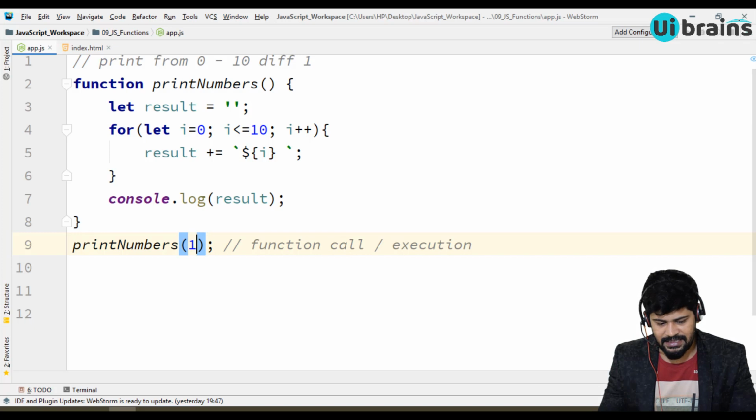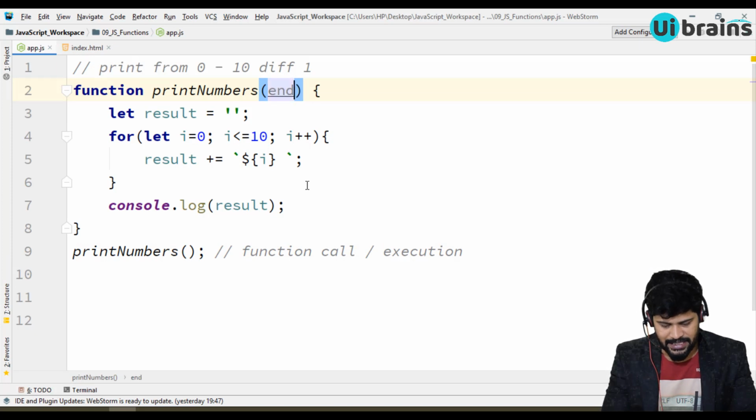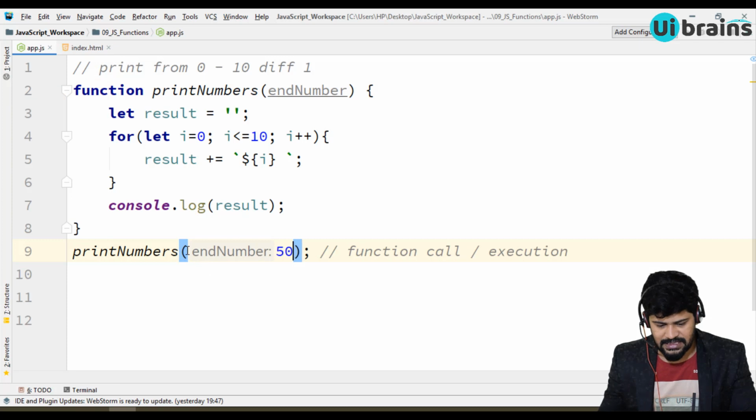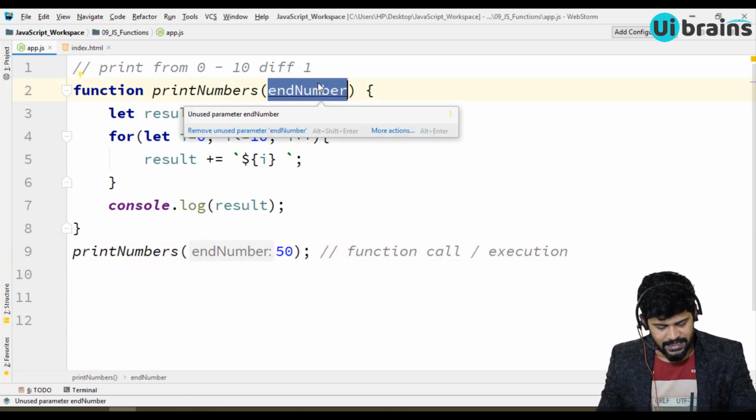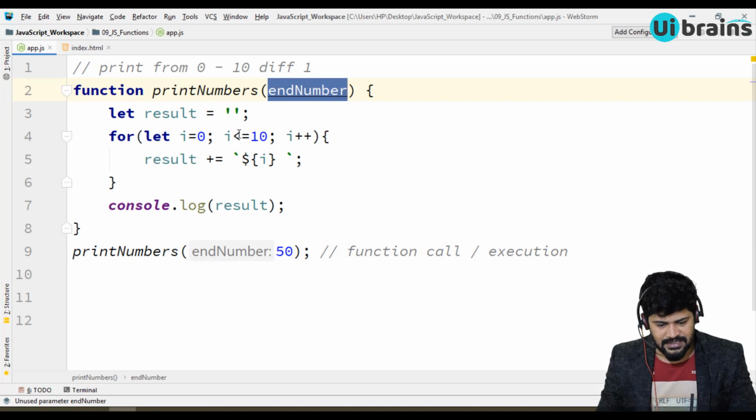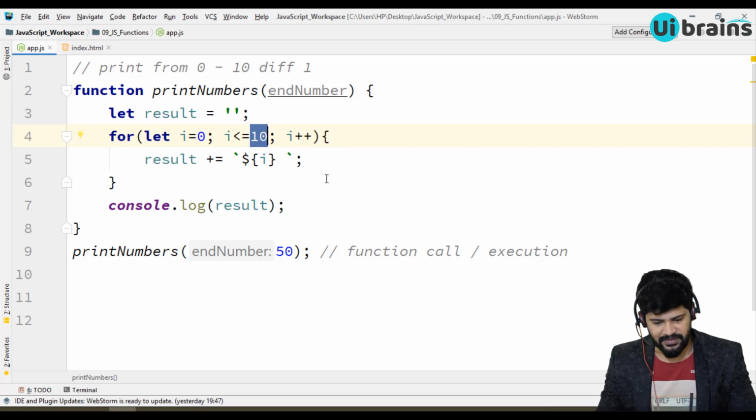If I say 100, you have to print up to 100. So I have to modify this. In this, I'll make a parameter called end number. Suppose you're passing 50, so this is going to be the end number. And this end number I'm going to add here. The value was always 10, so I modify this to end number. Now save it. So go check.